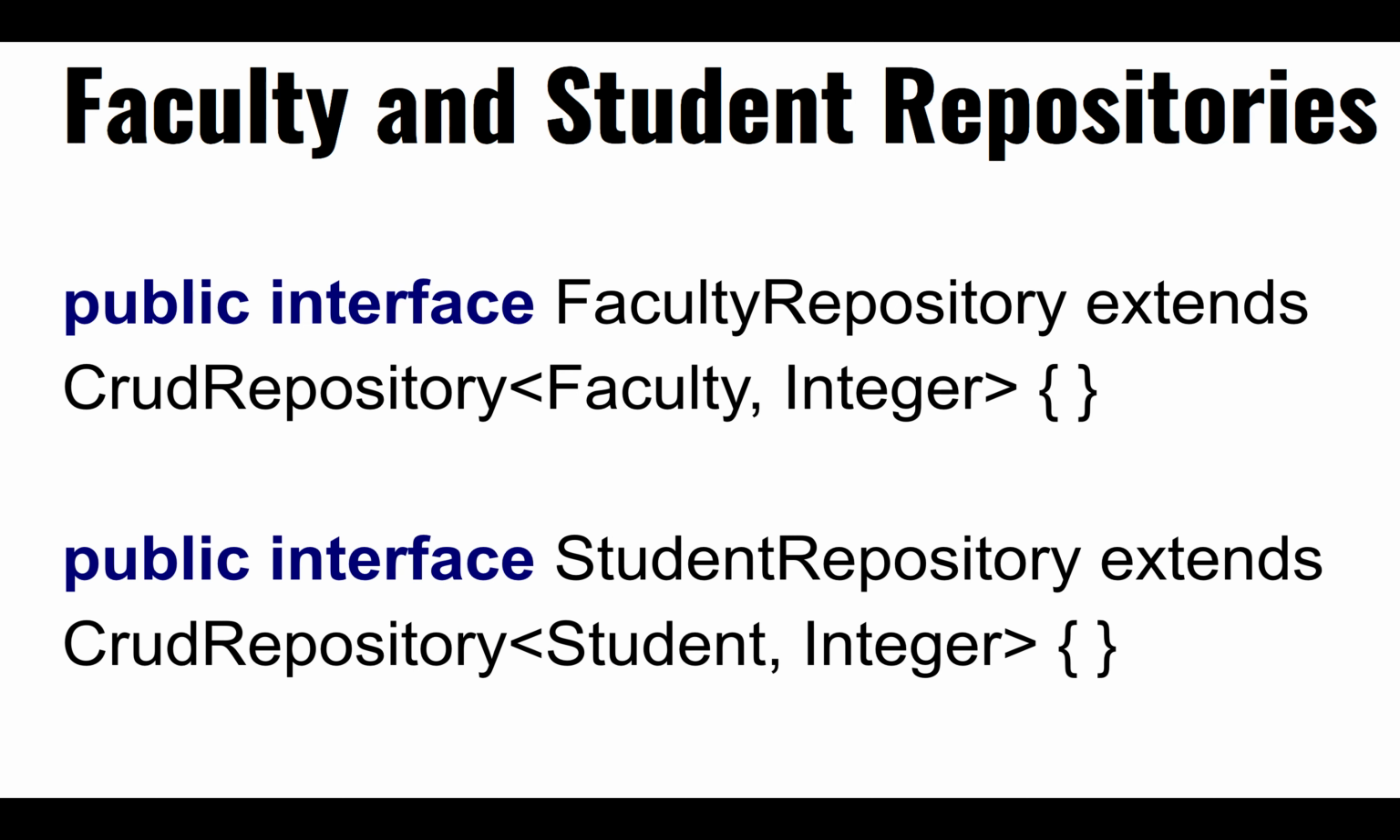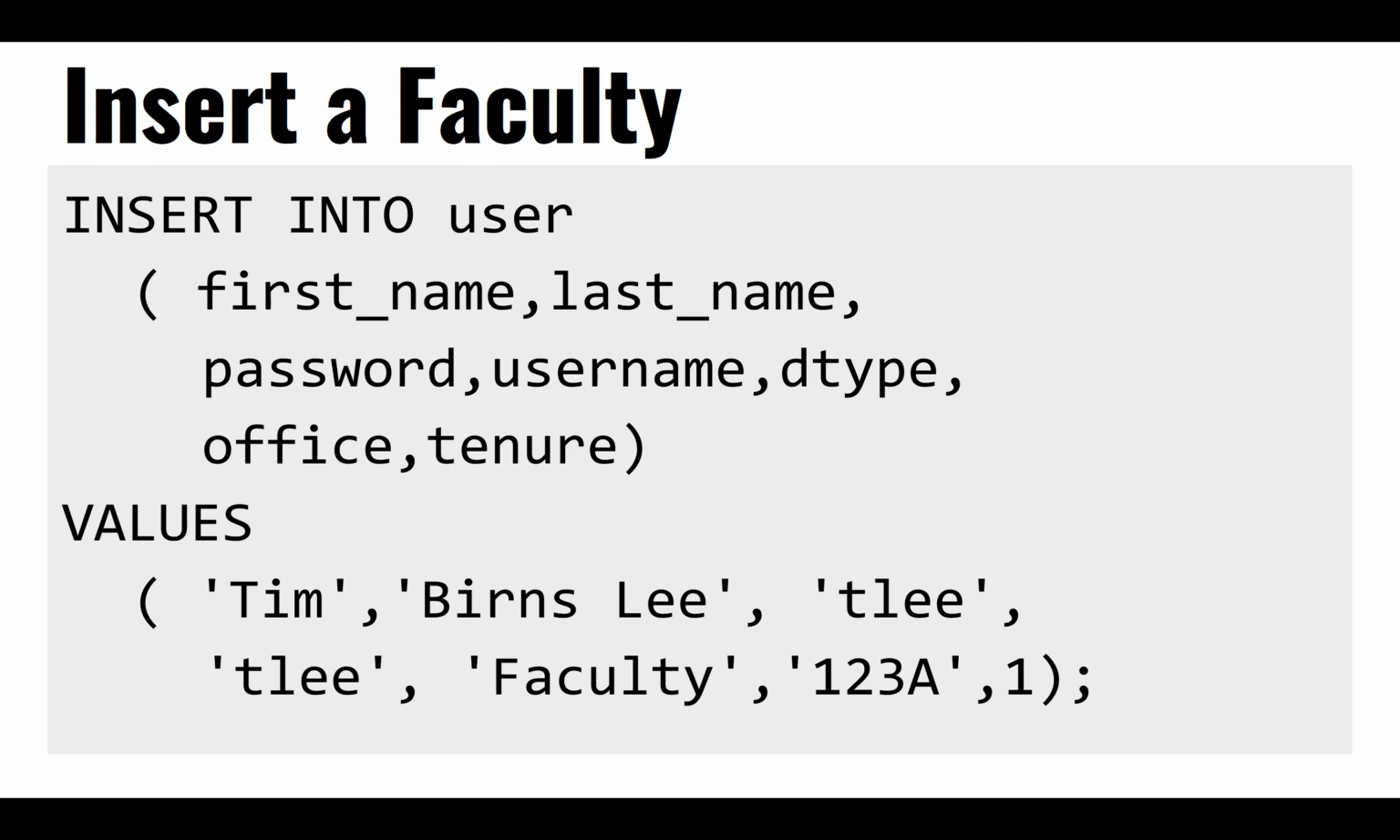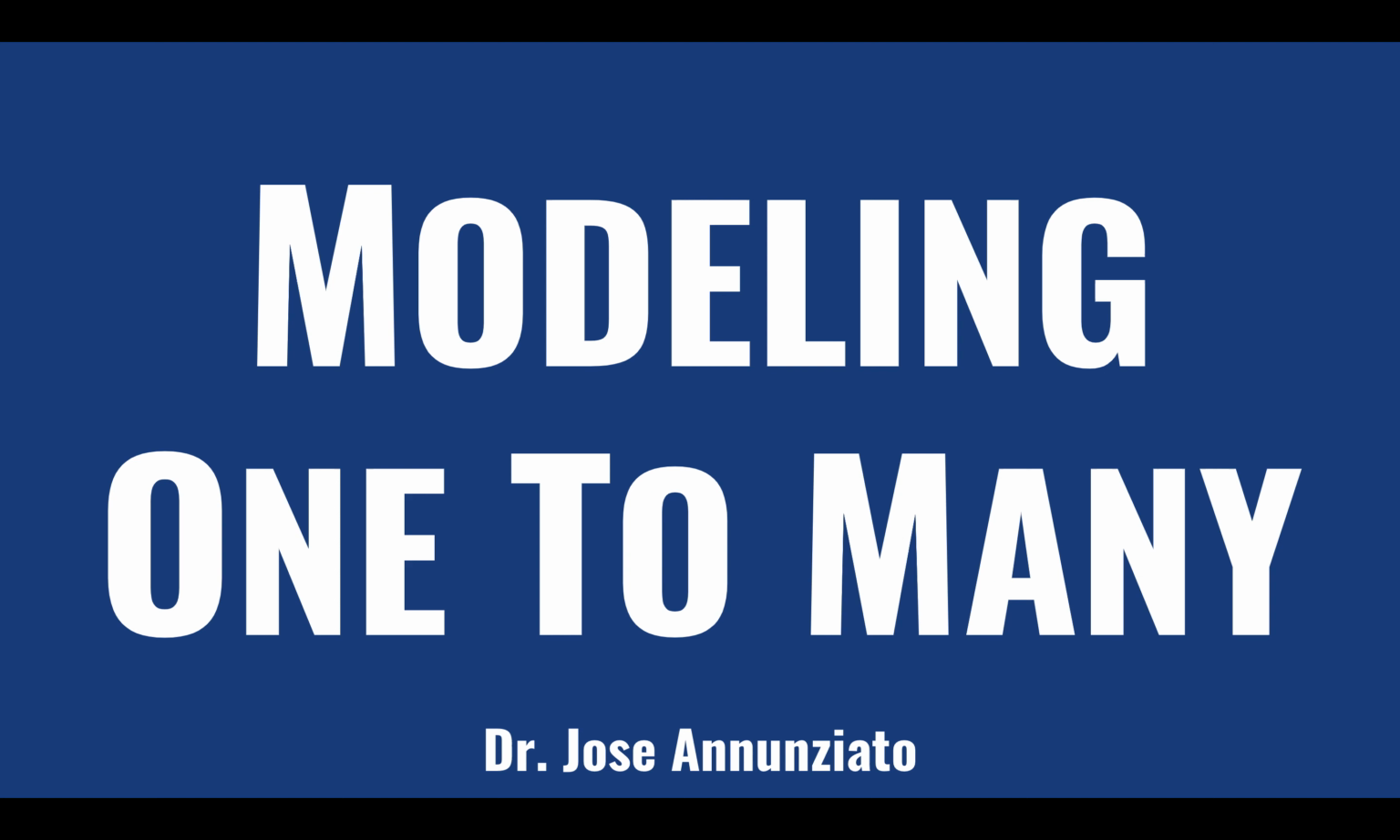So you could also implement repositories for each one individually. You could create a repository for students and a repository for faculty, so that you can say find all faculty. If you have 1,000 users, maybe a couple hundred of them are faculty, so it would return all the instances where the dtype is faculty. Same thing for student, it would return all the students where the dtype would be student. So here we just have some examples of inserting